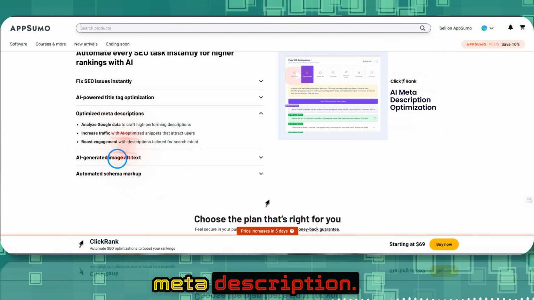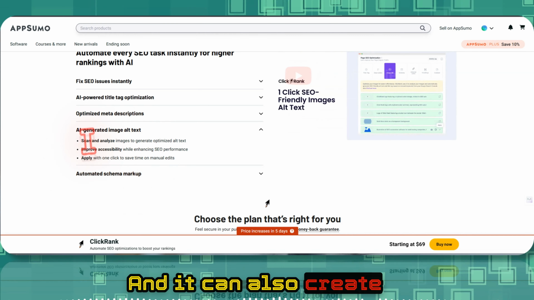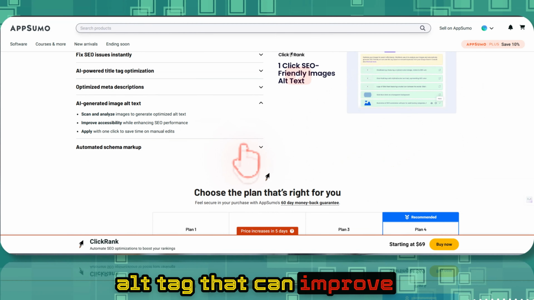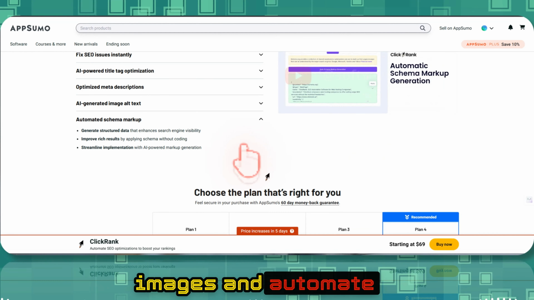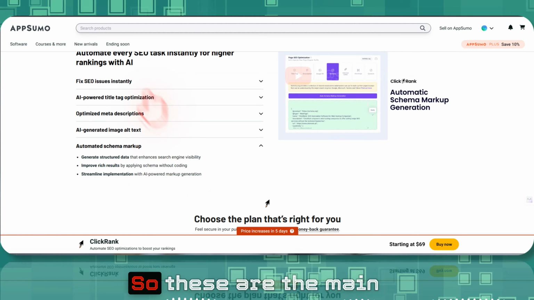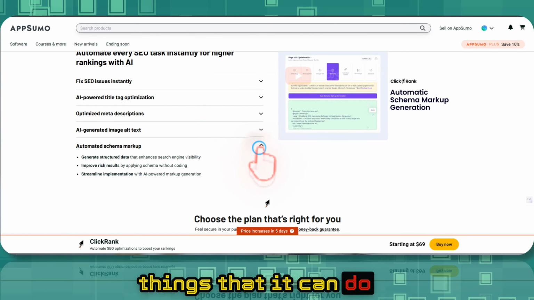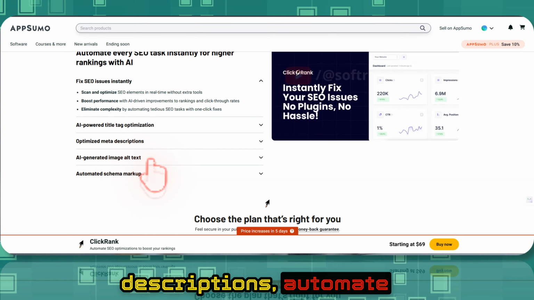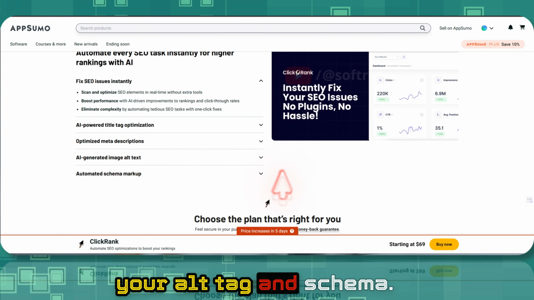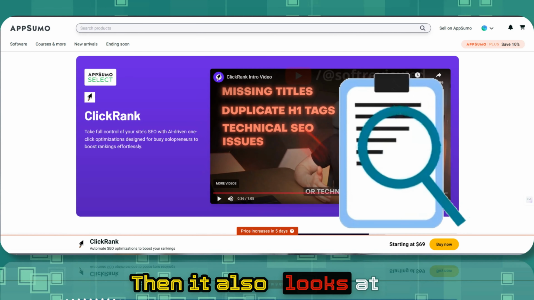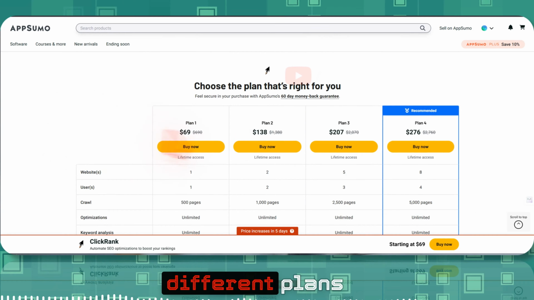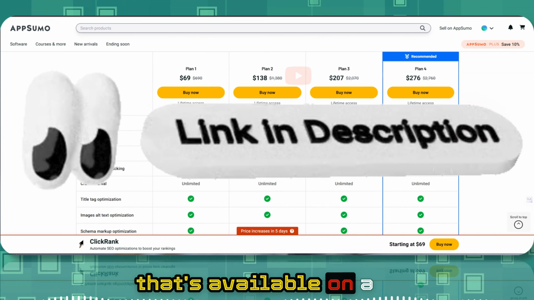And meta description, and it can also create AI-generated image alt tags that can improve the visibility of your images, and automate your schema markup. So these are the main things that it can do. It automates your title, your meta descriptions, your alt tags and schema. Then it also looks at technical SEO issues, and here are the different plans that are available on a lifetime deal